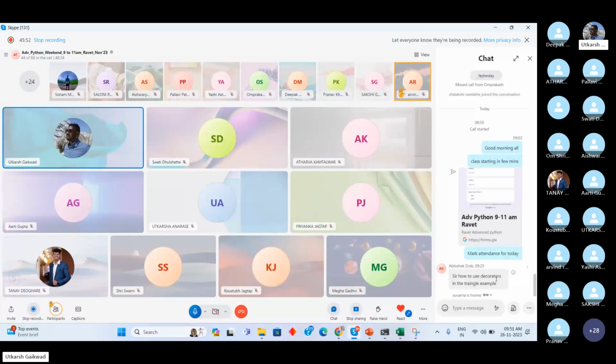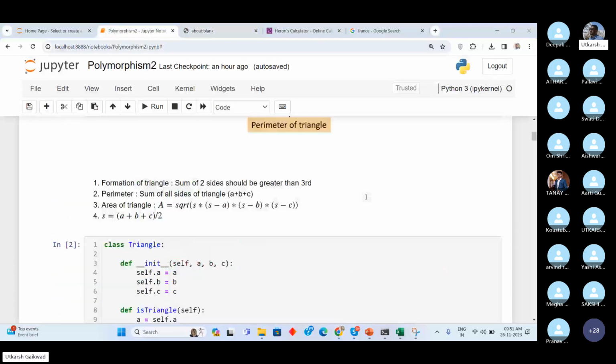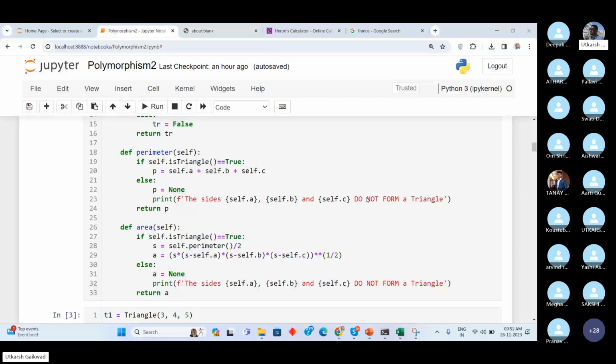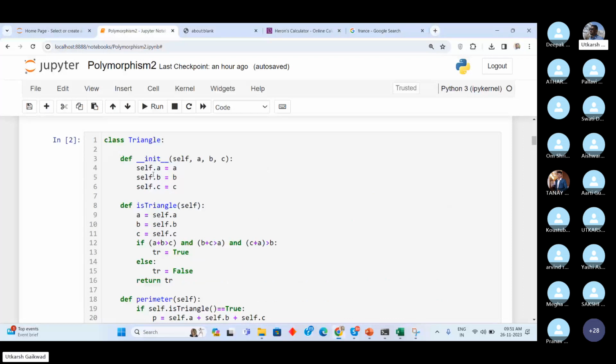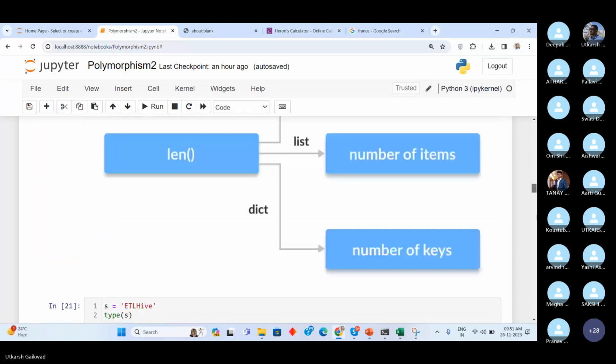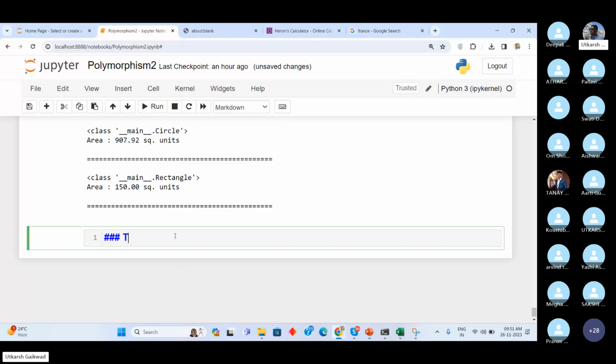So it is very easy. If you want to show that decorator in the triangle example, you just need to check whether it forms a triangle or not. So you can create that decorator function here itself. I will just copy this if you want to create that decorator now. It is very easy. So if you want to create that triangle example with decorator,